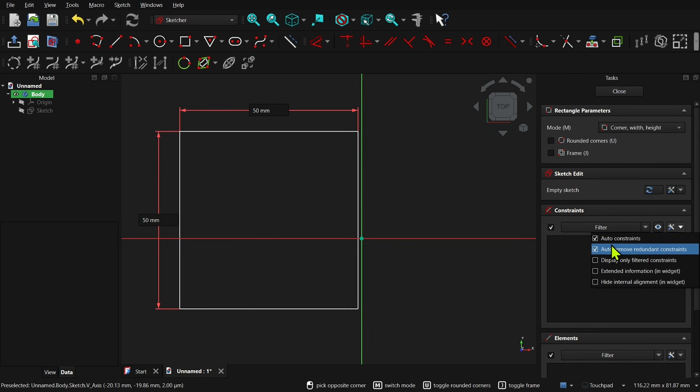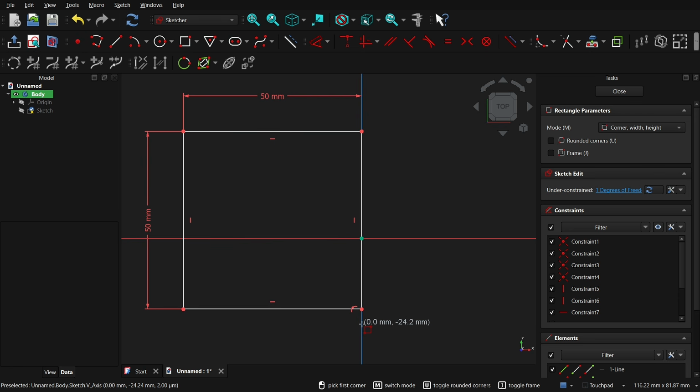Because we enabled auto constraints, we can automatically constrain to the objects on the screen. Hover over the vertical axis and watch the cursor closely. You'll see a point on object constraint appear. This is telling you that FreeCAD will attach the geometry to the vertical axis once you click. The cursor shows you where this is going to be attached. Misclicking or accidentally constraining it to the wrong element is a common early mistake in FreeCAD. Once we've left clicked, the rectangle is automatically dimensioned, and then we can use the right click to exit the